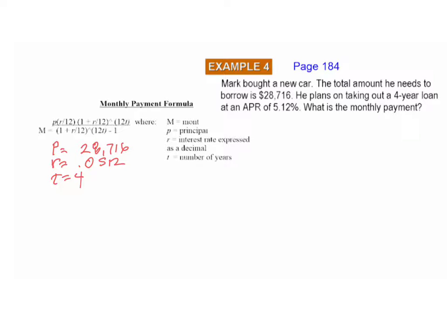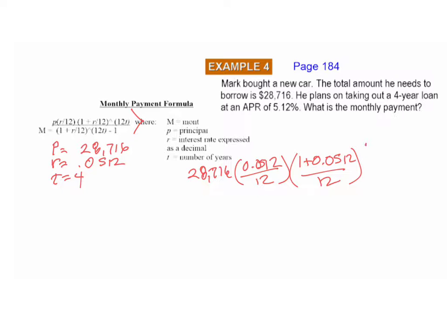So to plug it into this, it would read 28716 times 0.052 divided by 12 over 1 plus 0.052 over 12, to the power of 12 times 4, which is 48, over